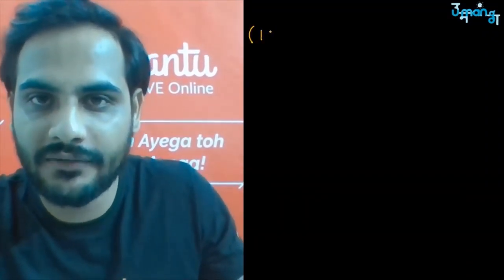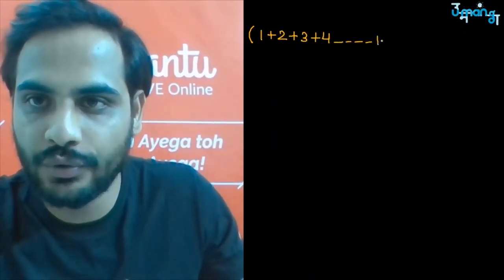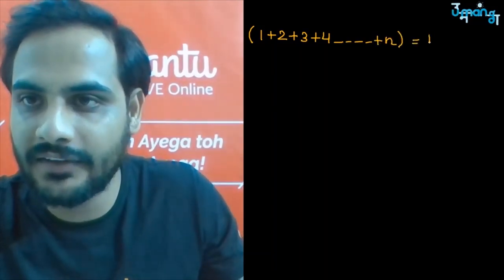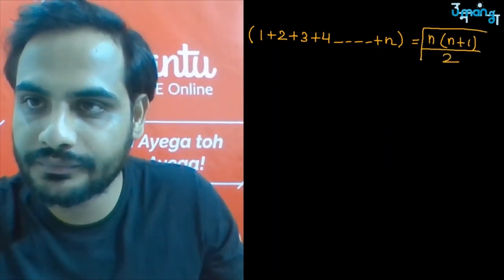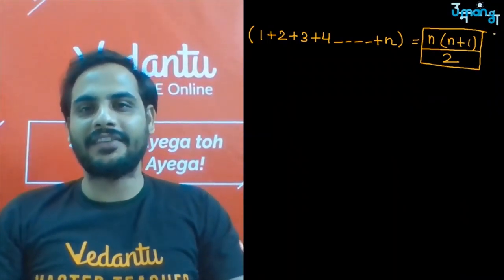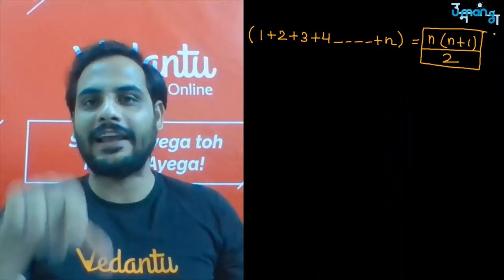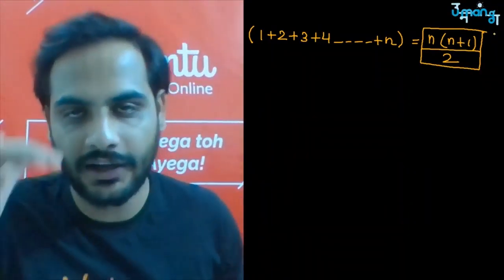Before I start the session, I would like to tell you this part. Suppose the sum of all the natural numbers, that is 1 plus 2 plus 3 plus 4 up to n, its sum will be written as n into n plus 1 whole divided by 2. This is how you write the sum. Now why am I telling you this sum of this series? Because this will be used when I am telling you the derivation of the formula for the recurring deposit accounts.